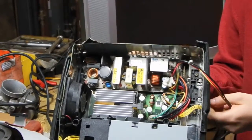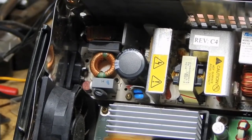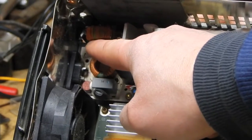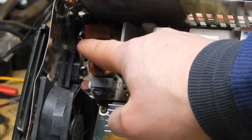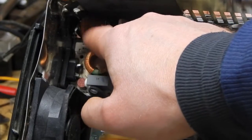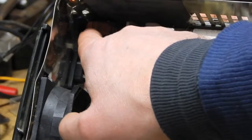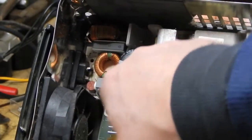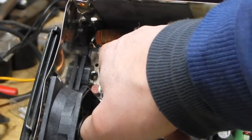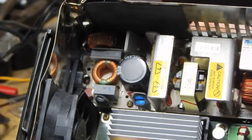Okay, we just took the hard drive tray and everything out, and we had a little trouble getting it out because the shield in the back there is so bent. And what we found is right up here in this corner, there's a toroid type of a choke. It's an inductor that's supposed to be mounted on this PC board, and it's just flopping in the wind here. It's completely broken off of the board, and that's going to be right on the main AC input. So when this got hit, this probably broke free,